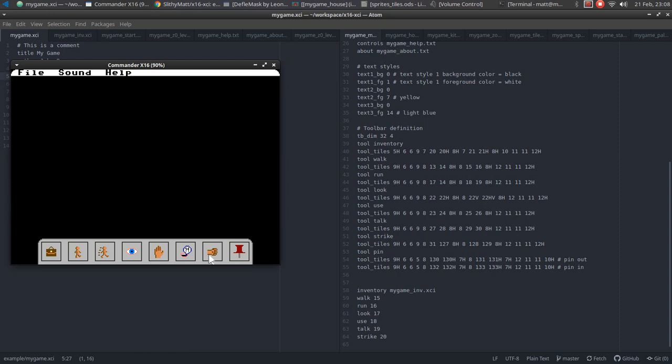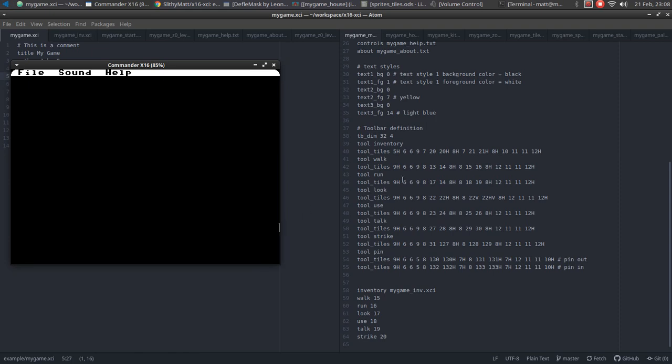But these are really arbitrary, so you can redefine walk to be whatever you want. You could have some other sort of special, like the old ScummVM engine games like Maniac Mansion. They had like a taste action was one of the main things you could do. So you could make these use whatever graphic you want to indicate, like the taste had a big tongue. So you could replace strike with taste if you wanted. It doesn't matter. So however you want to define these, you can define them here,